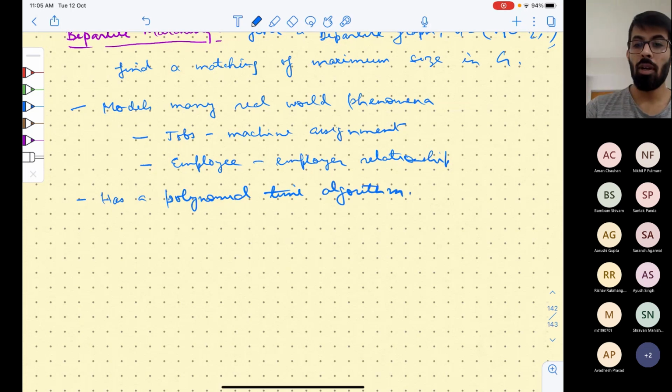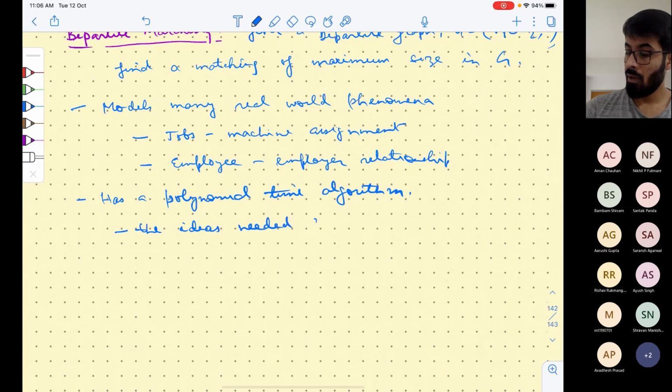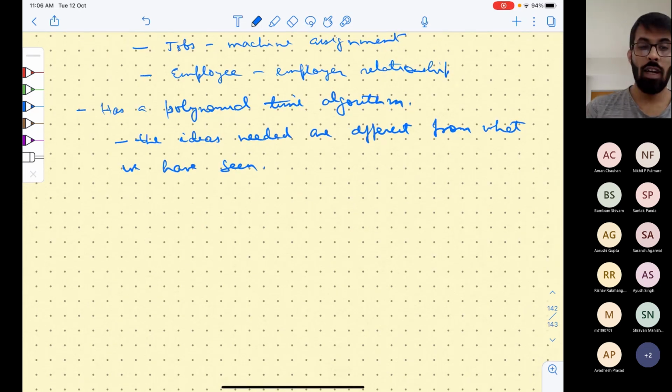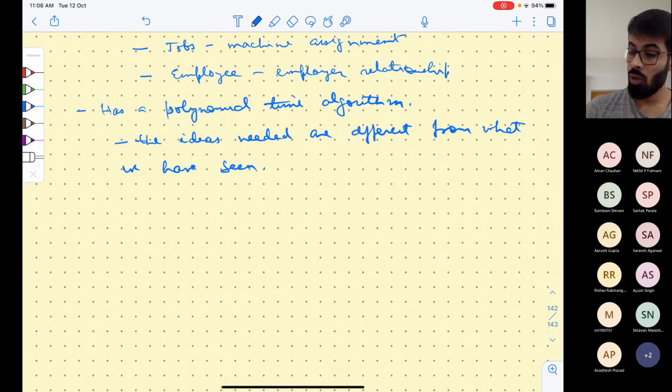This has a polynomial time algorithm, but the ideas are very different from what we have seen. Okay? So we'll see what kind of ideas are needed, and actually what we'll do is develop an algorithm